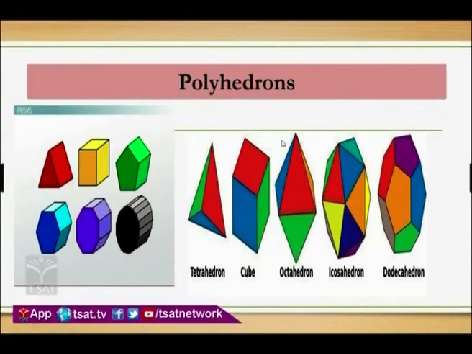Now if you see in the image, all these objects are made up of different polygons. Did you observe? The first one is the pyramid example. It contains all triangles. And next, if you take a cube, it contains polygons too. Similarly, any polyhedron you take, the solid object which is made up of polygons, is called a polyhedron. So we join all the different polygons, and it forms a solid object.